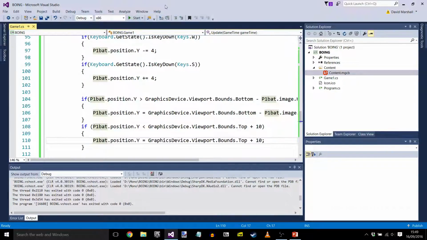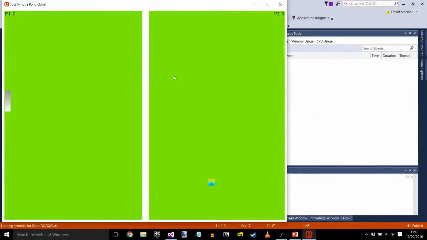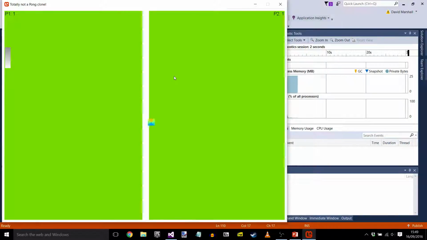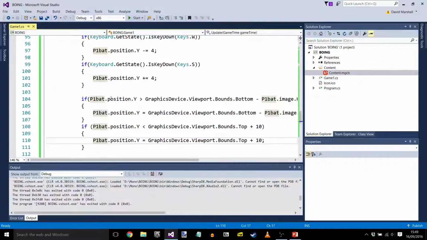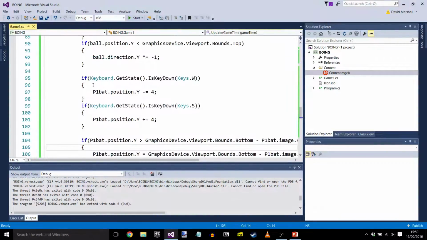Oh, you know what, actually, before I do, let's make that movement a bit smoother. Because as soon as you let go, it's a bit jerky. It comes to a complete stop as soon as you let go. Let's use that direction. We've got it there. Why not use it as a sort of acceleration? We use acceleration on that direction. So instead of directly changing the coordinates of the bat, we are instead going to change the direction of the bat,